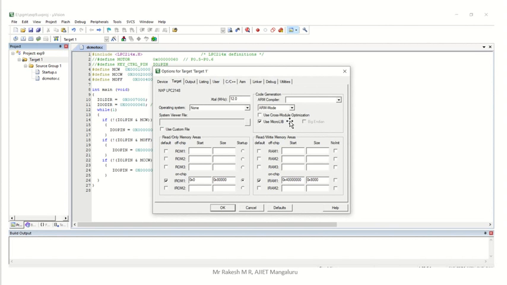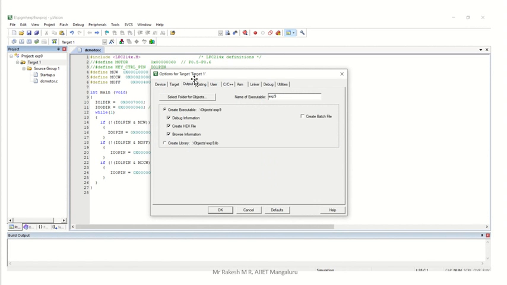In the Target tab, initially Use MicroLIB is not ticked, so now you have to tick that, and verify whether the clock is 12 or not. The clock should be 12. If the device is connected, that is automatically loaded in this place. If the device is not connected, you have to type 12 here. Then click on Output.